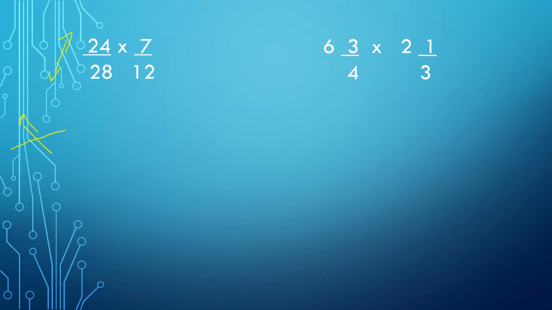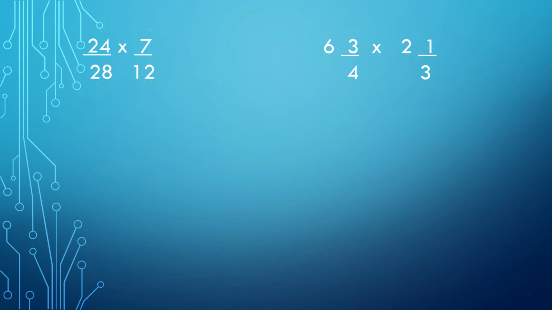The goal here is to ensure that when you simplify, you are simplifying a numerator and a denominator. You can never simplify going straight across because you cannot simplify numerator and numerator or denominator and denominator. It always has to be the opposites. Okay, so